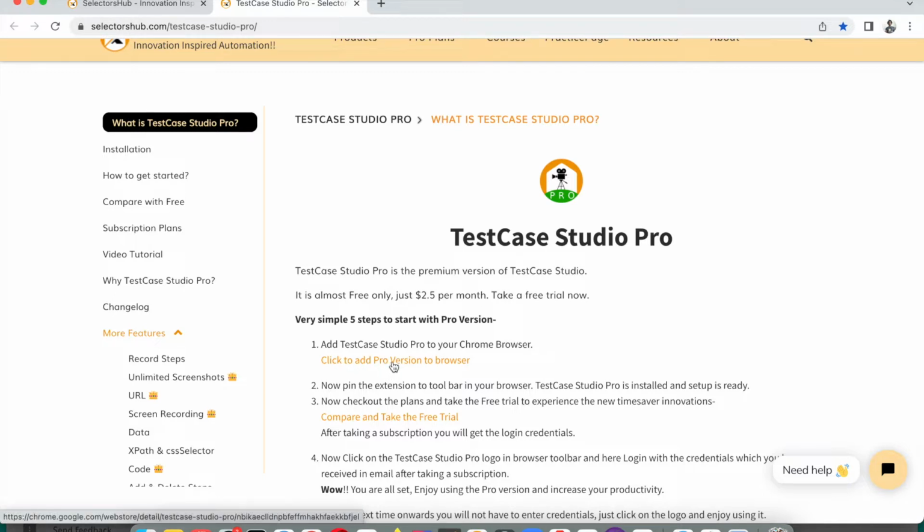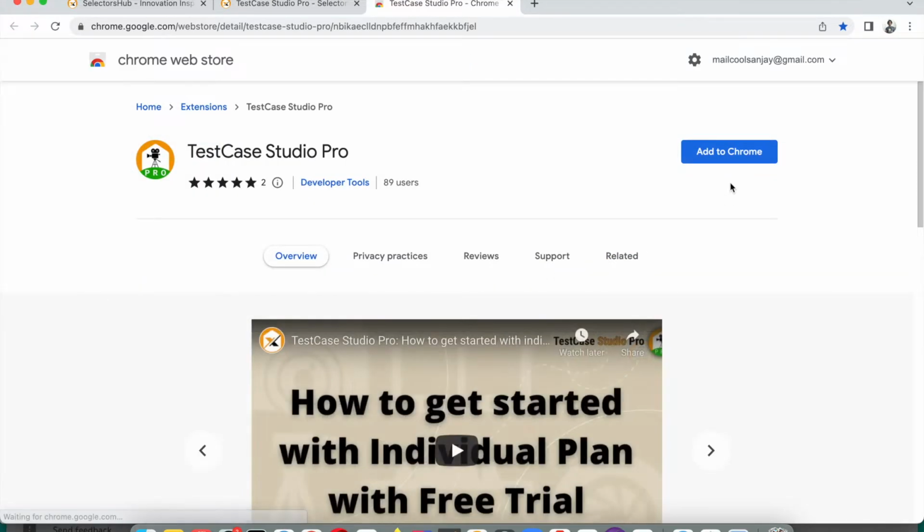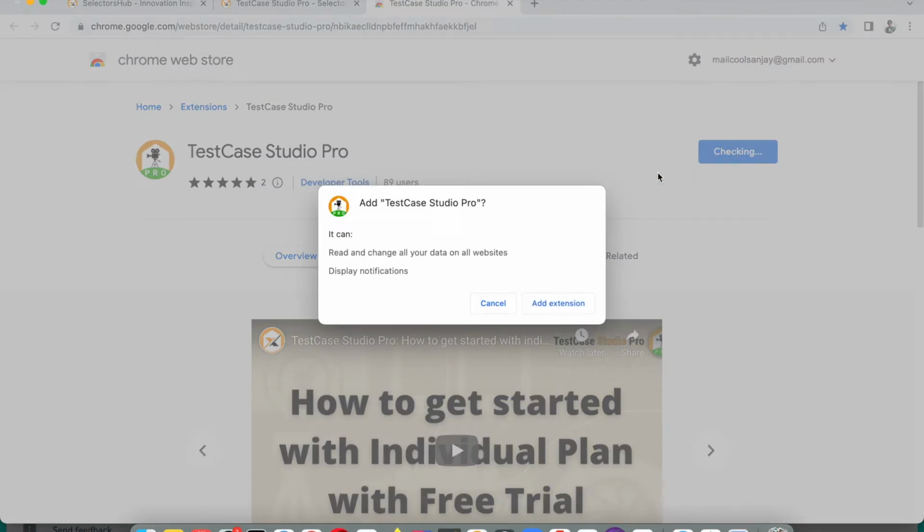You just have to click to add the Pro version to the browser, or you can click on installation. Here also the link is given, so let's click on this, and here you have to add to Chrome. Any Chromium browser you can use, like Microsoft Edge. Whichever is Chromium based, or supports manifest version 3, you can use. So click on add extension,